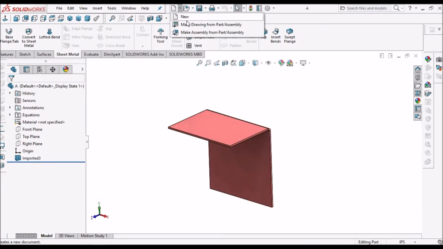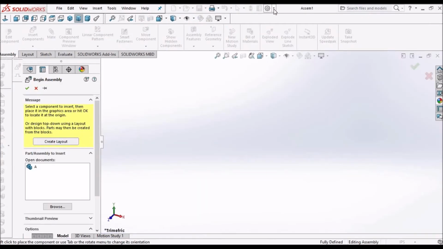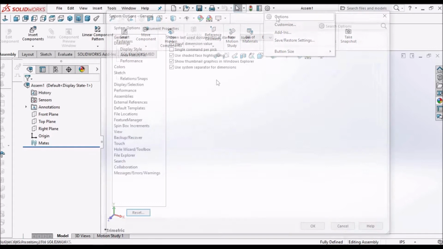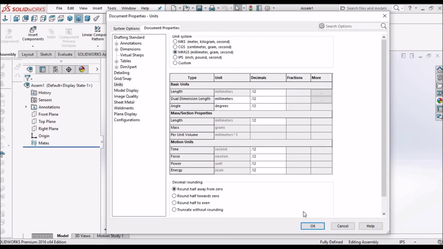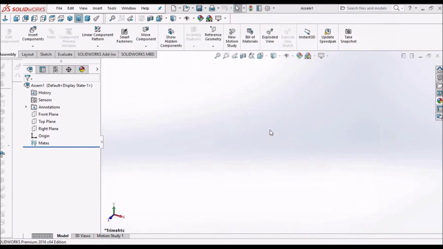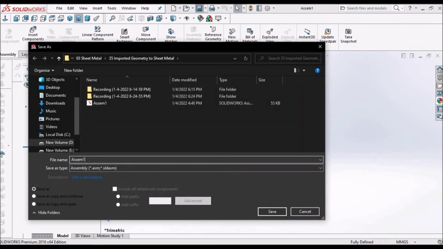For that we have to go to assembly. Here we have to set units to MMGS and save this file. I'll save this as assembly 2.